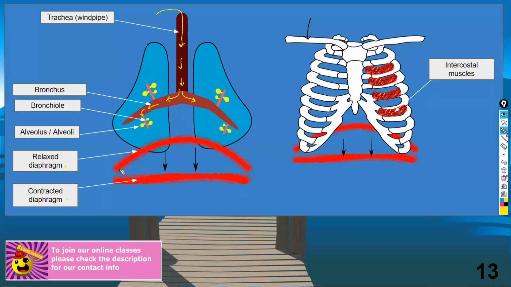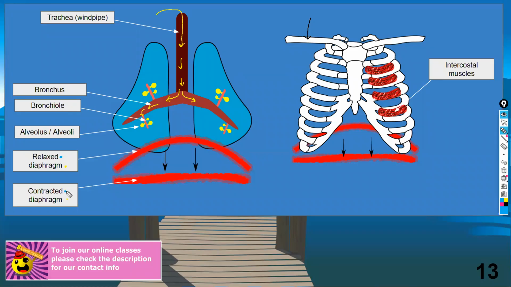Now, here's the thing, right? A lot of people get confused about the states of a muscle. Whenever you are doing nothing, let's take a more familiar muscle, your biceps, where your arms are. Let's say you are doing nothing. So your hands are free, you're just hanging downwards. Whenever you're doing nothing, you call that a relaxed position. Your muscles are relaxed. But the minute you take your muscles and try to do something, like lift something, that's